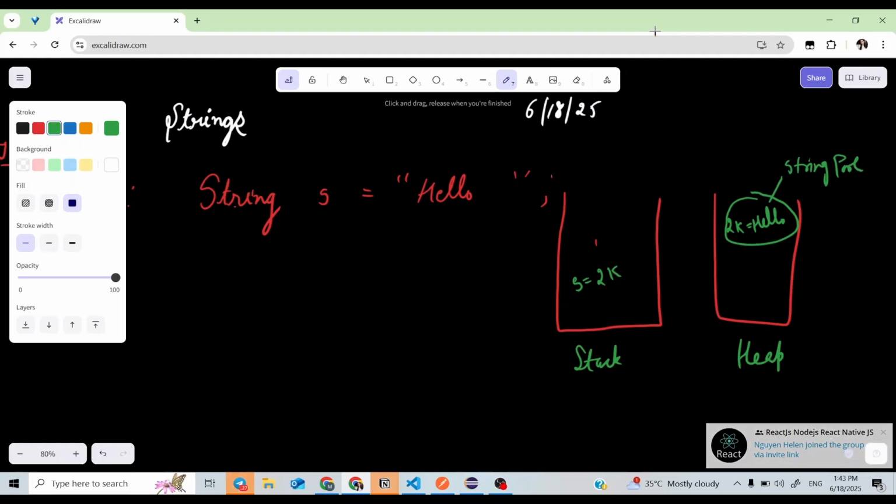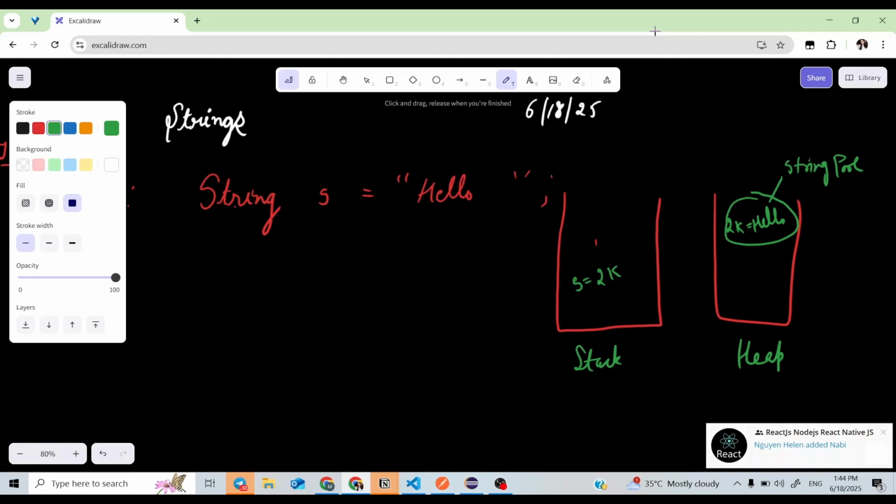Very few YouTubers cover this string pool, and mostly students are unaware of it. But Java is a very old language, so the interviewer will also be very experienced, especially a person who knows Java. So he may ask you about the string pool. What is the answer? The string pool is a special memory location in heap where our strings are stored. So this string is made in the string pool.